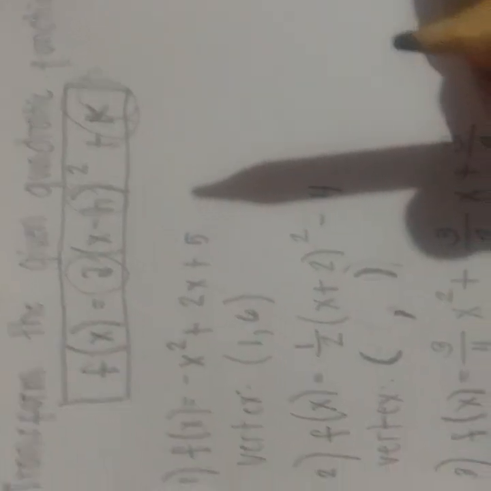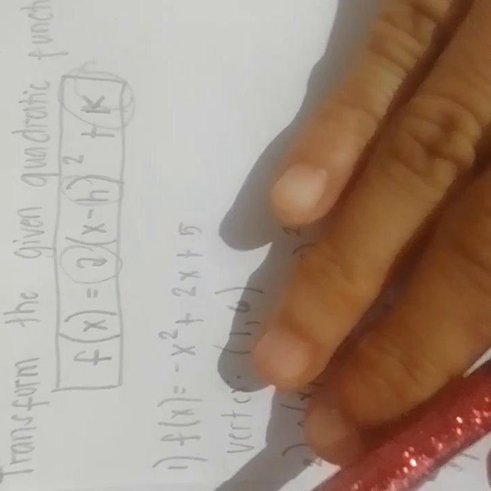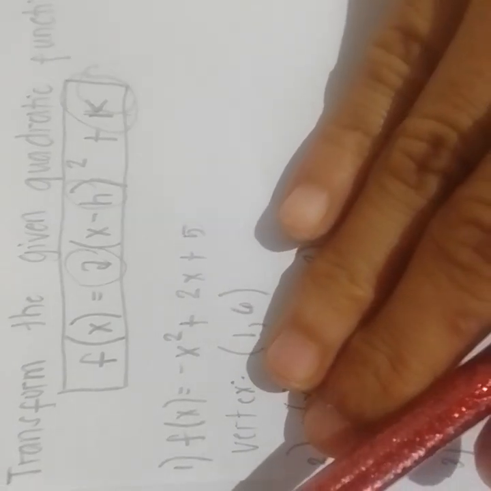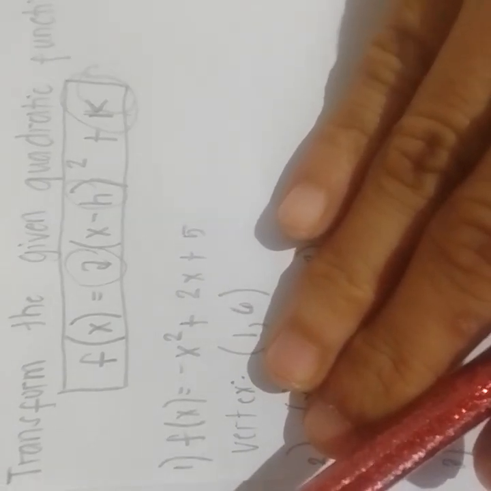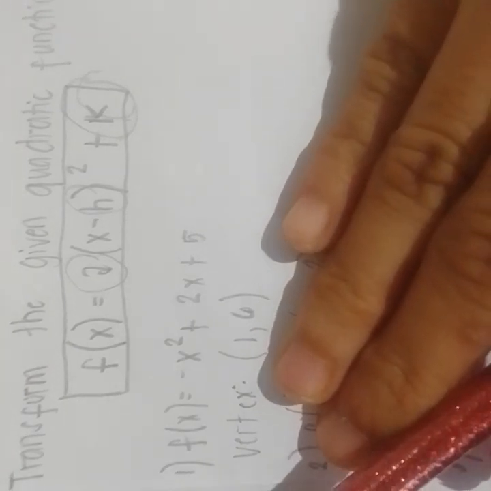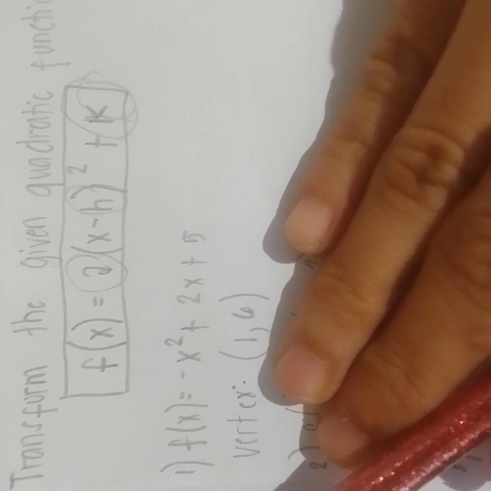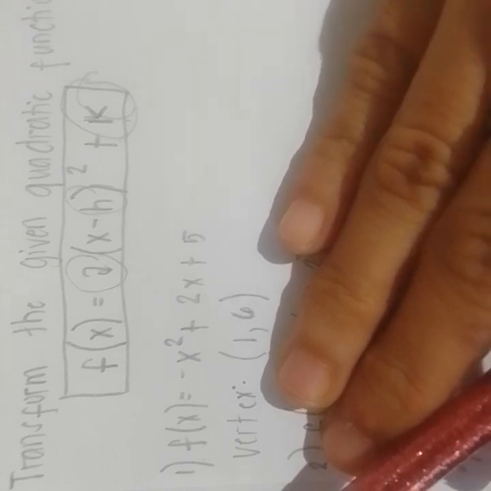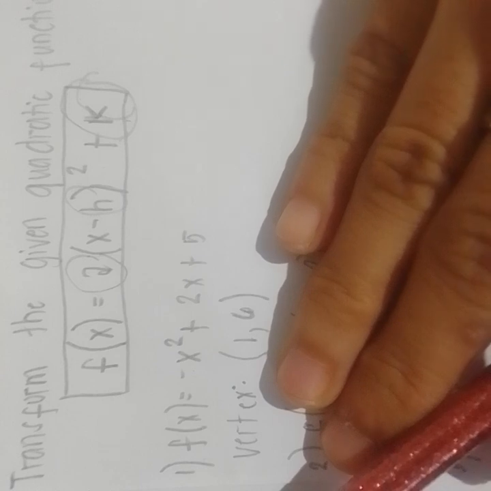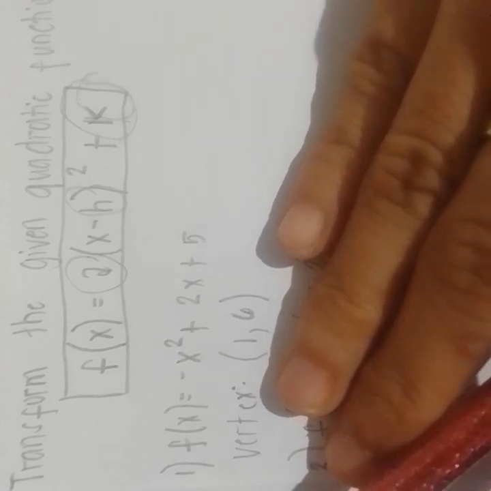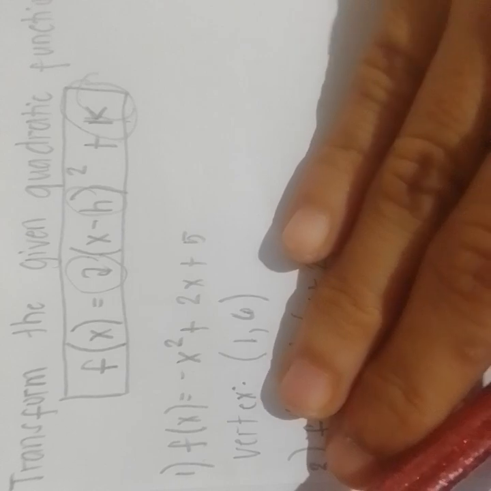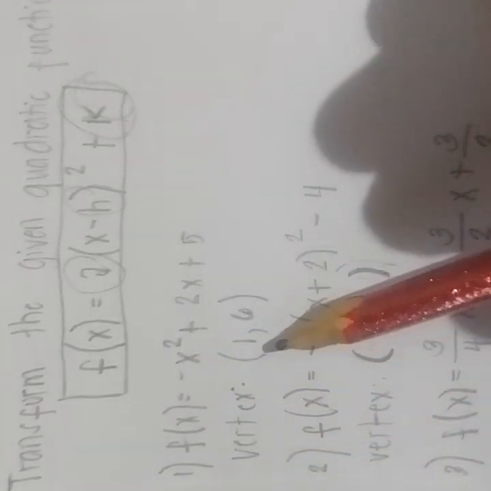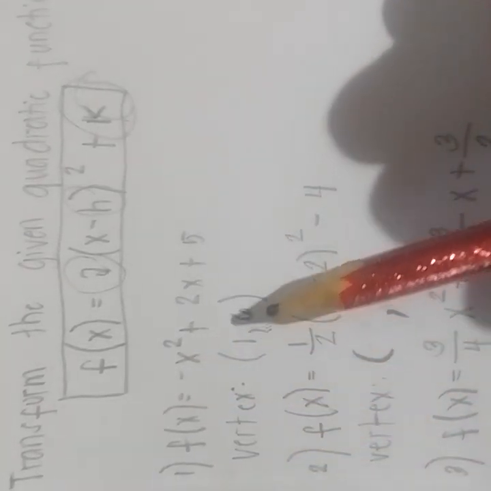So, you go back to the given quadratic function in test 2. Inside the given quadratic function, you look for its vertex following the steps that we already discussed. So, in this first example, let's assume that you have already solved the vertex, which we did in the previous video. So, you found its vertex, which I will write: we have 1 for the x coordinate and 6